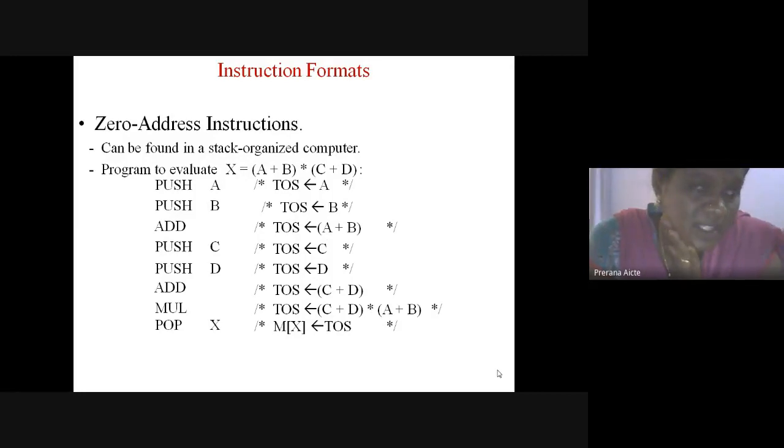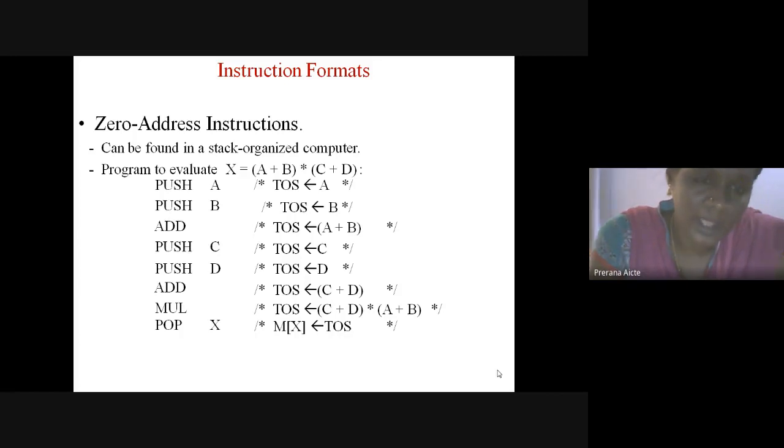In zero address instruction formats, the operations can be done by using the stack. For example, how to evaluate the expression a plus b into c plus d. First instruction, push A. Push A means the operand at memory location A is pushed onto the top of the stack. Then again push B, the operand at memory location B is pushed onto the top of the stack.